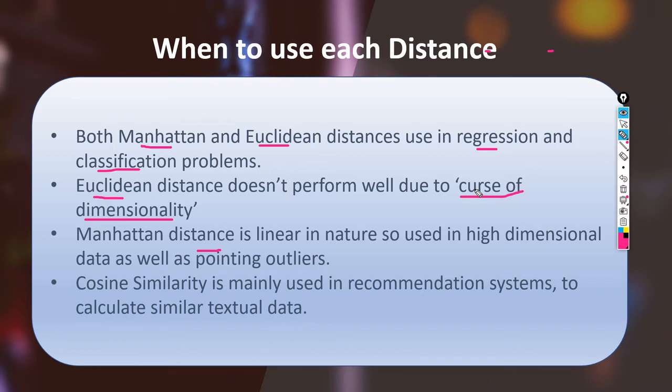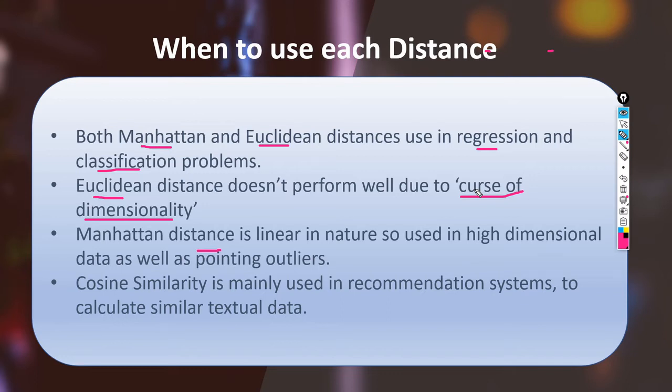Like in the case of iris data, we have only 4 dimensions, or 4 features in a single feature vector. That is the dimension. So this is fairly low dimension. You can use cosine distance, you can use Manhattan distance. But in real life, you might face thousands or even tens of thousands of features. Those are high dimensional vectors or high dimensional features.